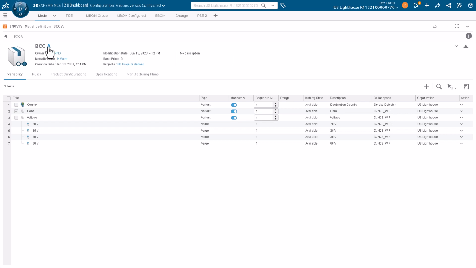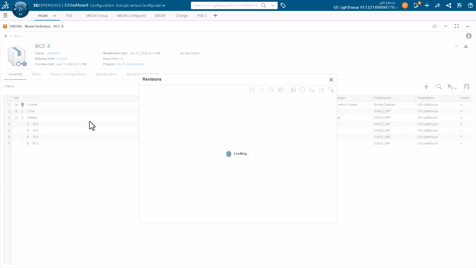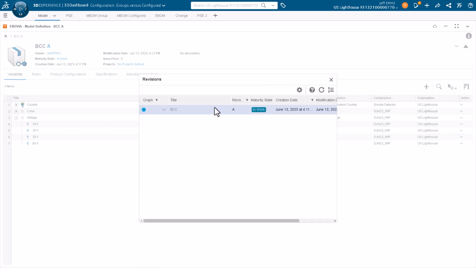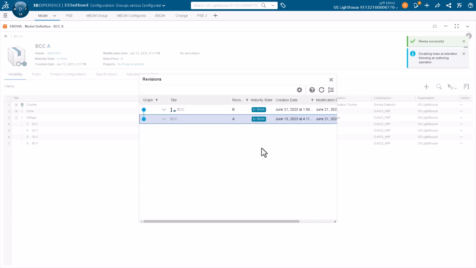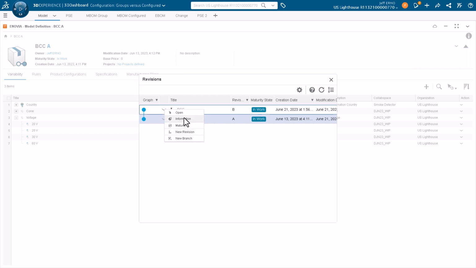And what I'm going to do is I'm going to create a new revision. Currently there's only revision A. I'm going to make a new revision, and this is what's going to be used in order to support this new configuration option or variant value that's going to be available to us. So now you see that's going to show up on the revision graph. It's a revision, so it shows it just as a dot with a connection to it. And right from there, we can now open that,